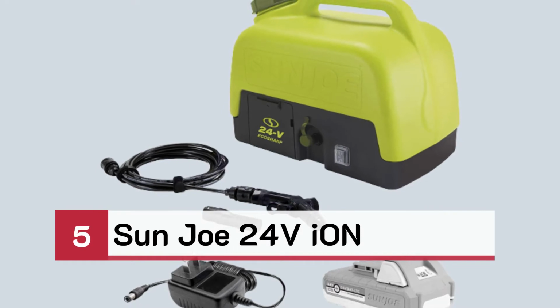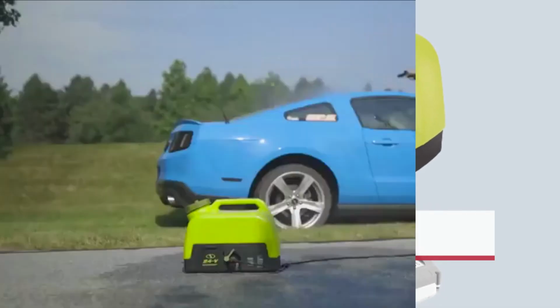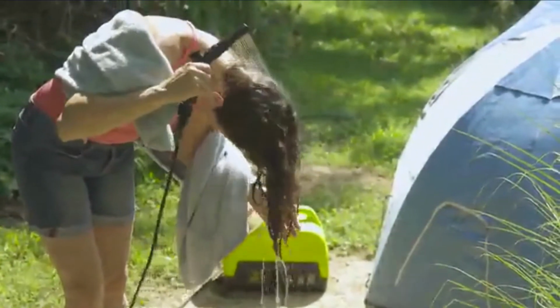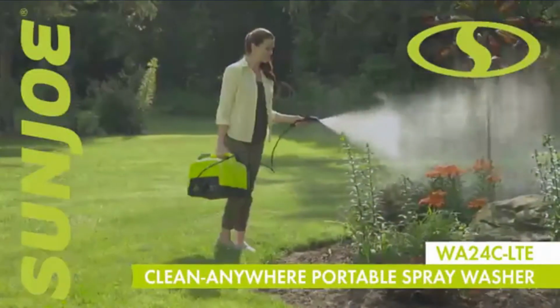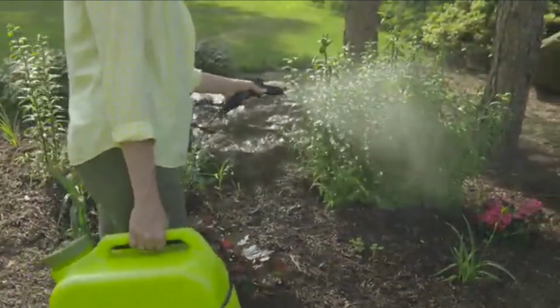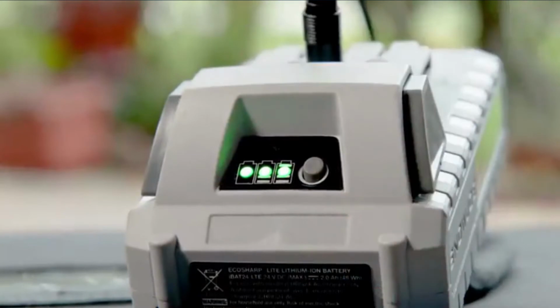Number 5. Sunjoe 24V Ion. Take a quick rinse on the road or a mini wash wherever your travels take you with the WA24C LTE cordless portable spray washer from Sunjoe. Only Sunjoe's exclusive ion battery technology gives you the room to roam, courtesy of the powerful 24-volt, 2-amp-hour rechargeable lithium-ion